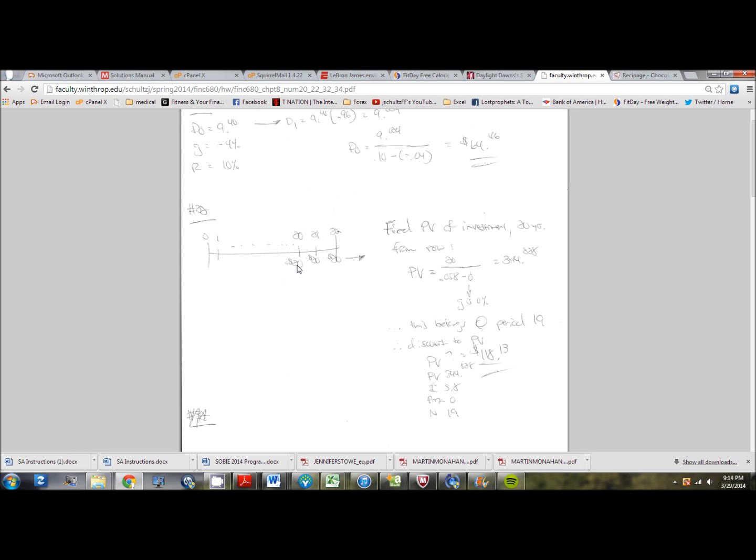So what we want to do is start by finding the present value of the investment 20 years from now. So what we're going to use, this is actually the constant growth formula, where the growth rate is 0, which some of you more astute finance students might recognize. When the growth is 0, this formula right here is simply the formula for a perpetuity, and so that's basically what is happening in this